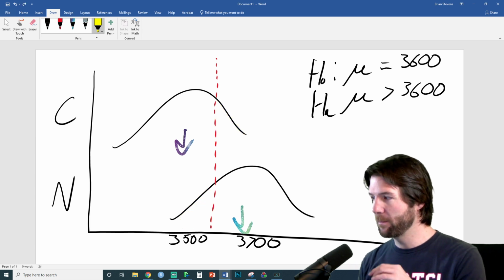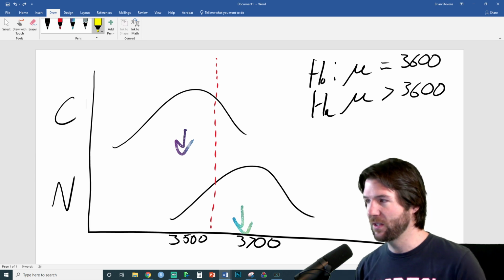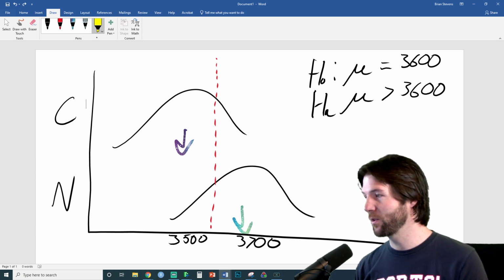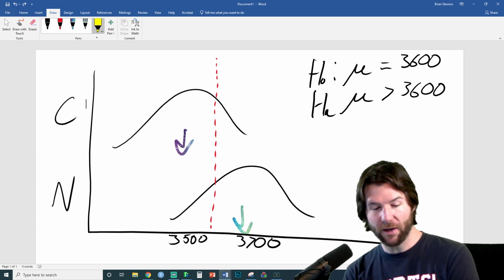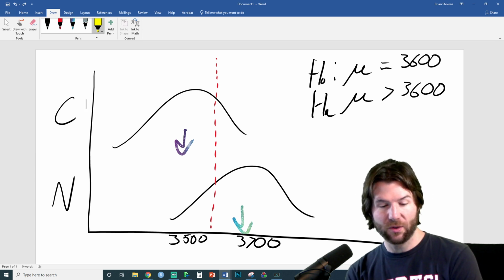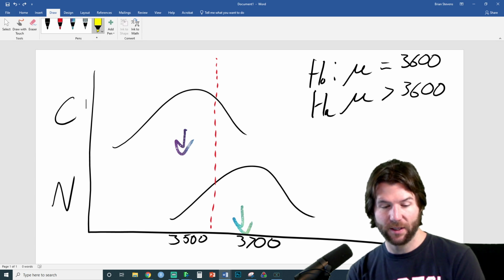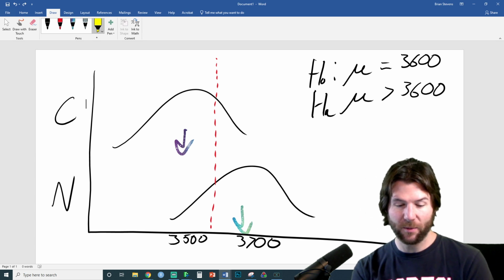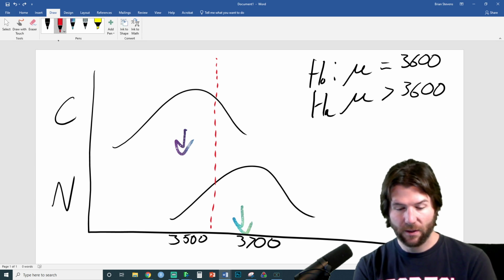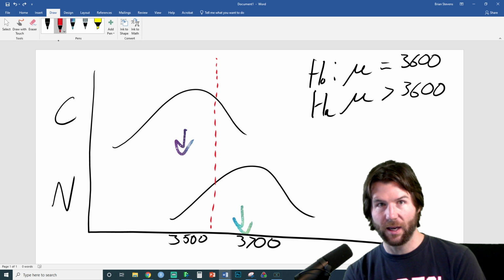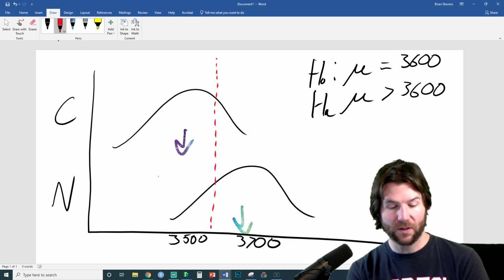But does everyone see right here, if you were to do a statistical test and you wanted to test greater than, what we would do is plot our line right here. And let's see. So when we test the value of 3600, it'll be a little bit different. The mean would be set right here. So when you test it, you would actually make a distribution that has the value at the center. So let's do this.